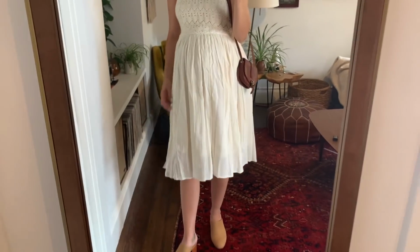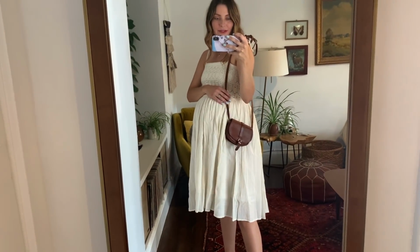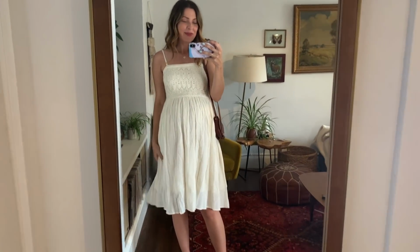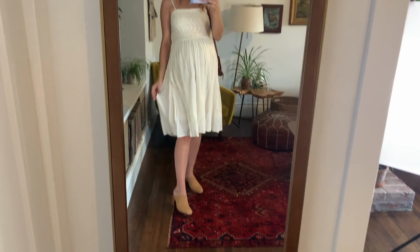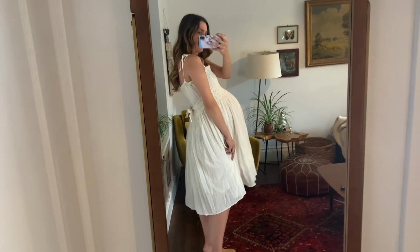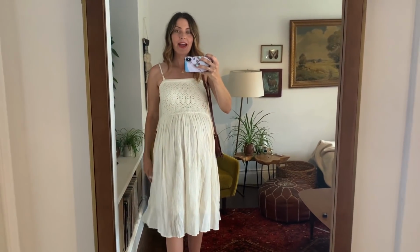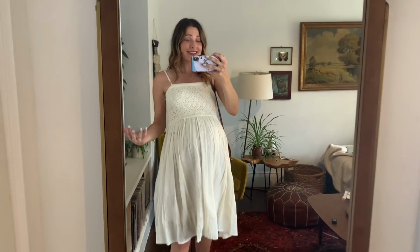I love it, and I love it with this little purse that she threw in there. It's gonna be a great staple accessory in my wardrobe. But yeah, I love this outfit. It's so cute. I love the alterations that she made on the dress, and I can totally wear this after I'm pregnant too. And you guys, all of these looks